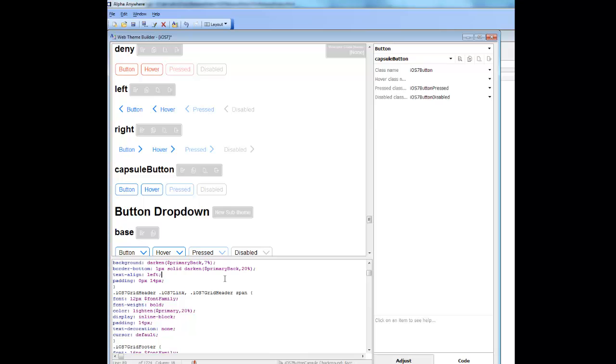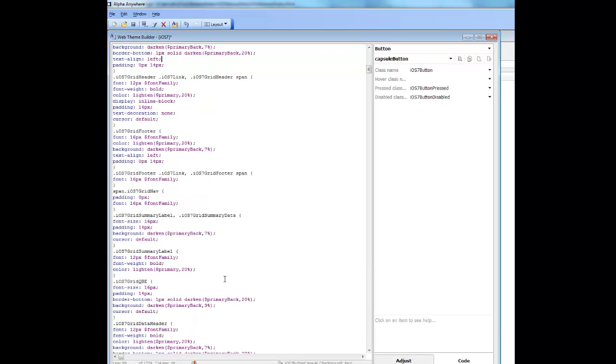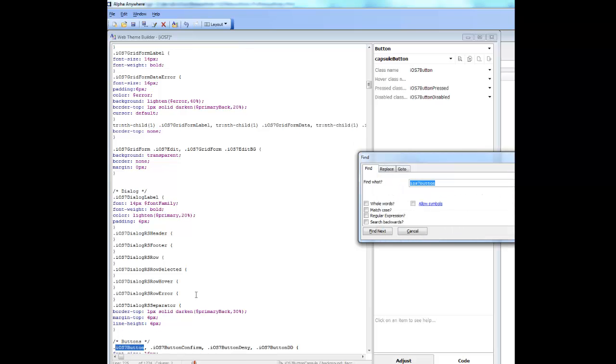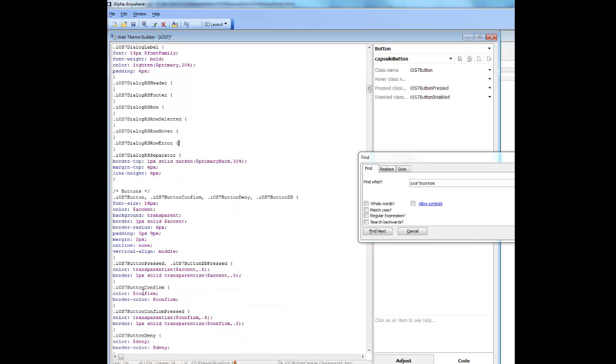So if I put my insertion point inside the CSS window and tap Control T, I'm now looking at the CSS window in full screen mode, and I'm going to search for button, because I want to put this new button. I'll search for, say, iOS 7 button, because I want to put my new button next to the existing CSS. So I'll go over there and paste in